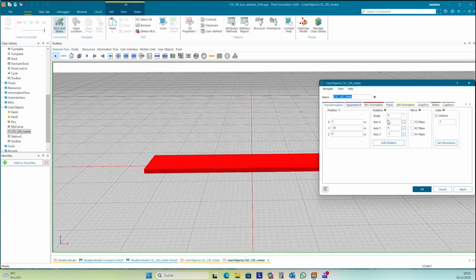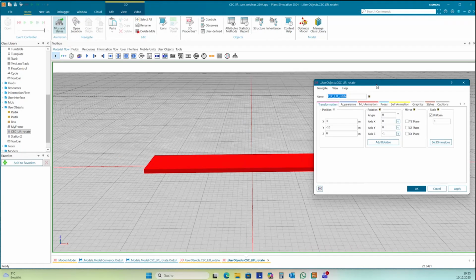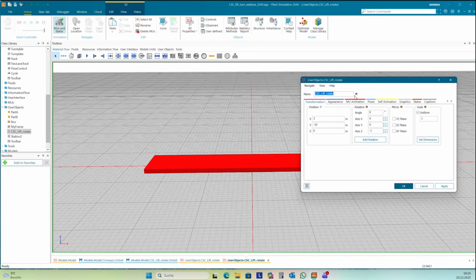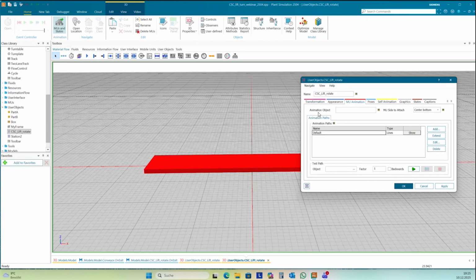Edit 3D properties. You see it's user objects, lift, rotate. I'm in the object again. And now I need to change the animation object. Animation object is not here in this object. It's now in lateral.